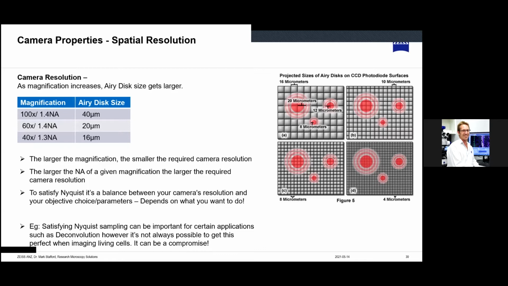And it really depends on what you want to do. So Nyquist sampling is important for something like, for example, deconvolution, okay, where you need to collect the right amount of information from your optical system to be able to process that image mathematically, all right? It's not always possible in live cell imaging. Sometimes it's a bit of a compromise, okay? So think about your camera parameters and your camera and the objective you're using and what you want to get out of it, okay? So if you want to do something like deconvolution,